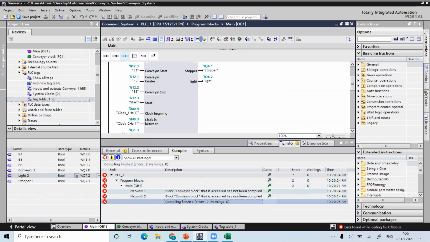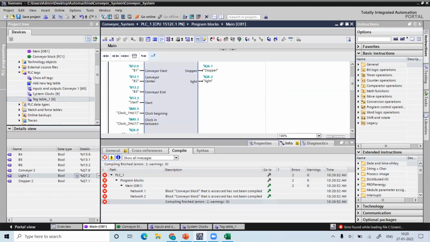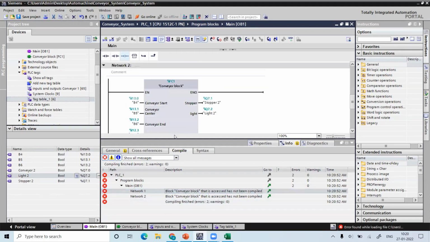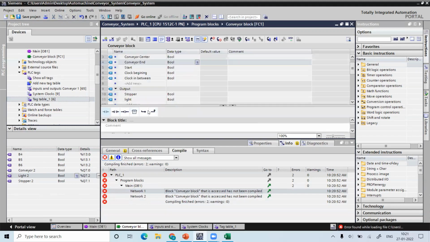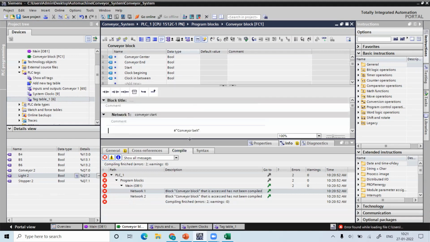Block conveyor blocks is not accessible compiled. I'm going to find what the errors are. If any errors are there, they will be listed properly.